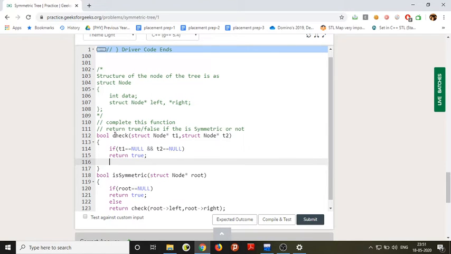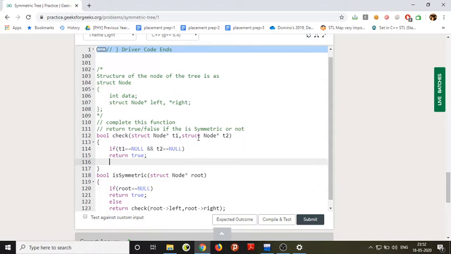What are the four possibilities? t1 might be null and t2 might not be null. t1 might not be null and t2 might be null. Both t1 and t2 can be null, and both t1 and t2 may not be null. So we need to analyze four things now: one is null and the other is not null, both are null, and both are not null.